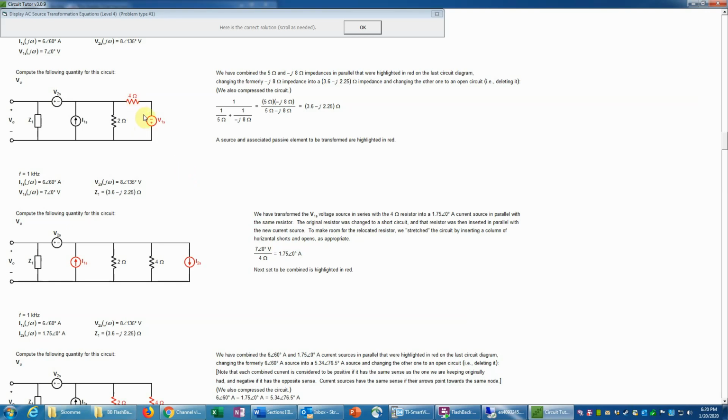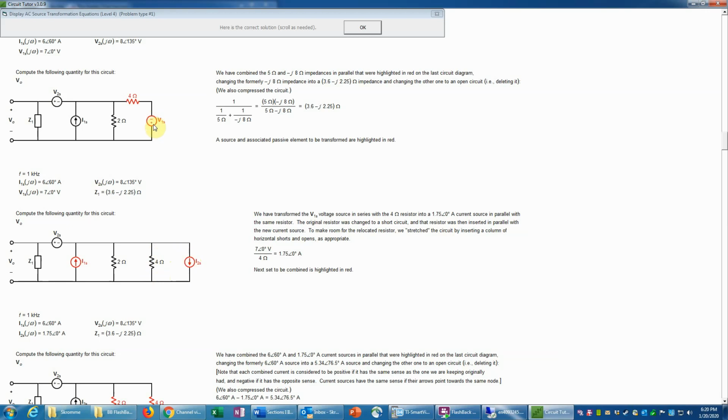So here we would transform the voltage source in series with a resistor into a current source in parallel with the same resistor. So we've moved the 4 ohm down here and extended the circuit out a little bit. And we changed the voltage source into a current source. Now notice that the positive side of the voltage source becomes the head of the current source. In other words, we want this to have the same polarity. So if you just think about, say, putting terminals here and here, this current would then go like that, and that would make a plus sign down here and a minus sign there,